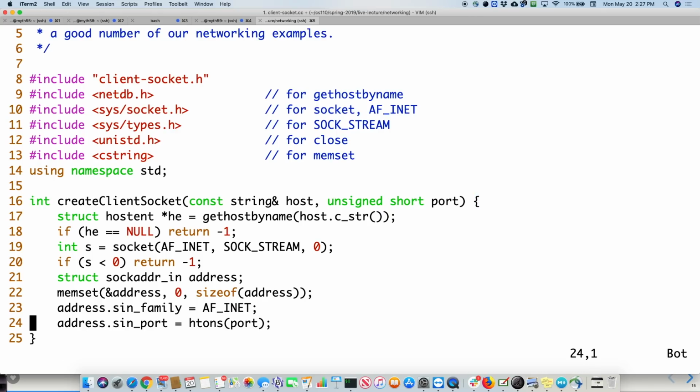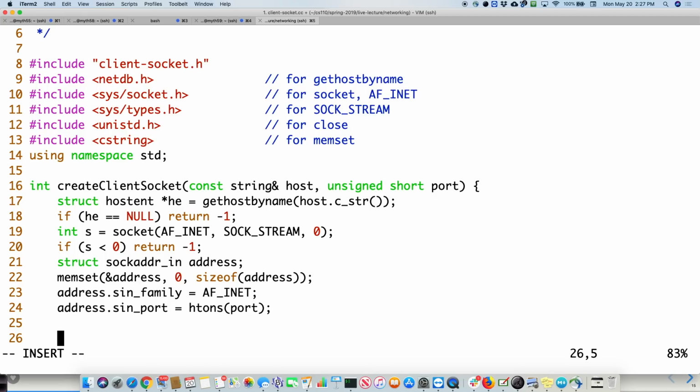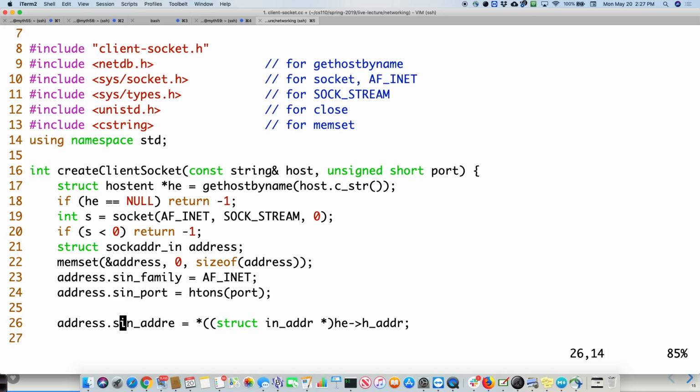All right. Oops. So then we're going to do address.sin_addr equals, okay, ready for this? We have to now cast it appropriately to a struct in_addr, like that. Why are we doing, oops, what did I do here? Hang on. sin_addr equals, there, did I forget the number of, yes, I did. I must have forgotten one there. There's one at the end.